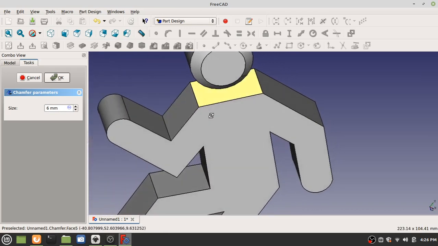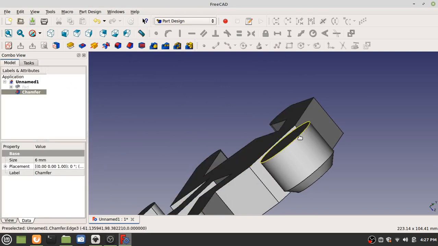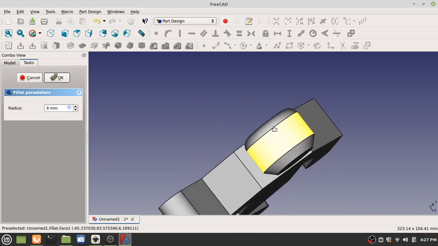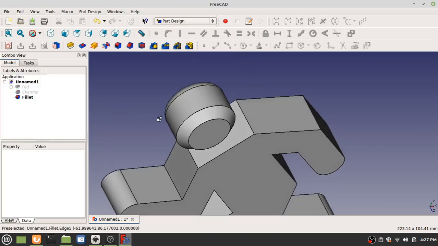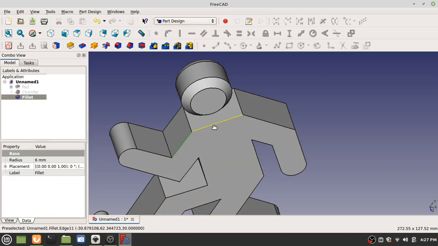So feel free to experiment with that, or you can experiment with clicking on an edge like that. And press OK. Click on the edge, and it's the fillet, and that's a more rounded edge. So chamfer is more sharp and fillet is more rounded. When you're done, press enter, and there you go. So you can actually do a bunch of edges at once if you want. If you want to do this, this, this,